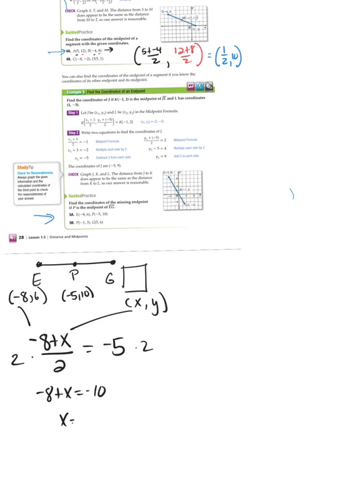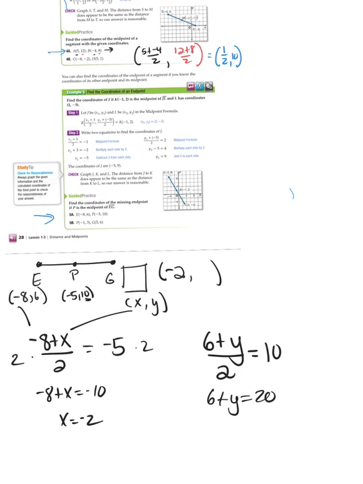And let's add 10. So the x for my other endpoint is -2. Now we're going to use that same concept to find y. Our y for our E is 6. We don't know the y for the G, but we know if we average them together, we're going to get 10. Multiply each side by 2. Y is 14. So -2, 14 is the other endpoint when I know that E is one endpoint and P